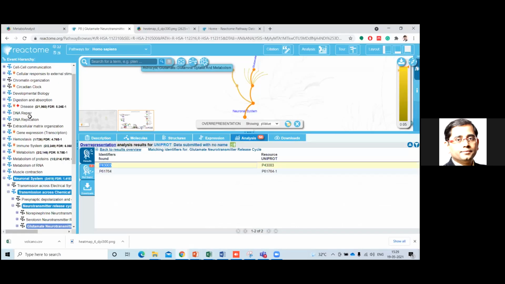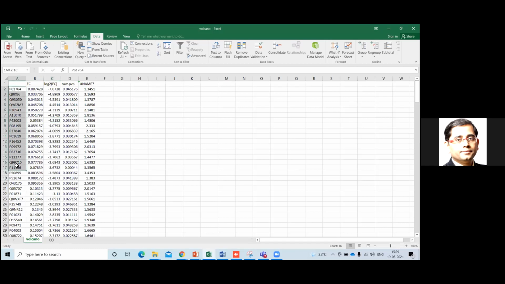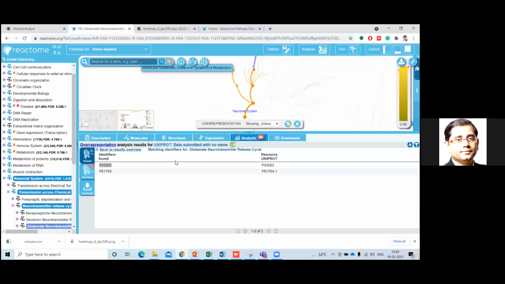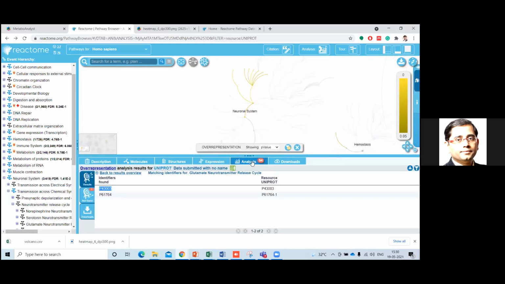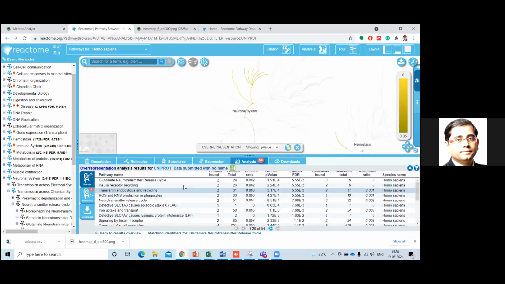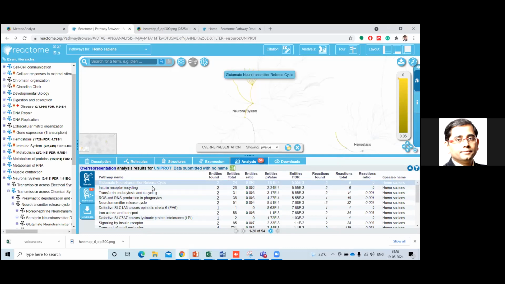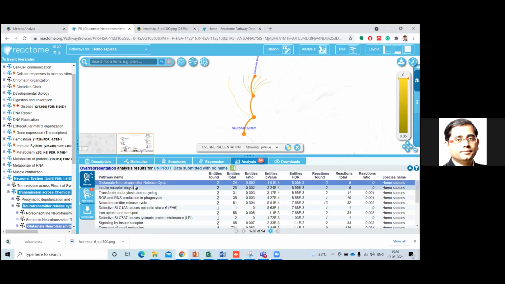So now this technical data has started speaking biology. On that basis, you can go into each protein and see how the proteins or the pathways are coming. Reactome also gives us an option: if you click on this pathway, glutamate neurotransmitter, it gives an idea.